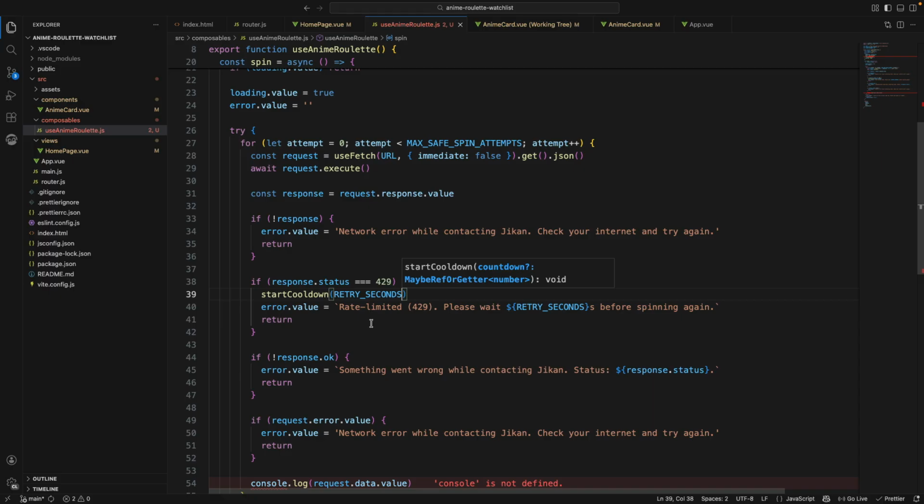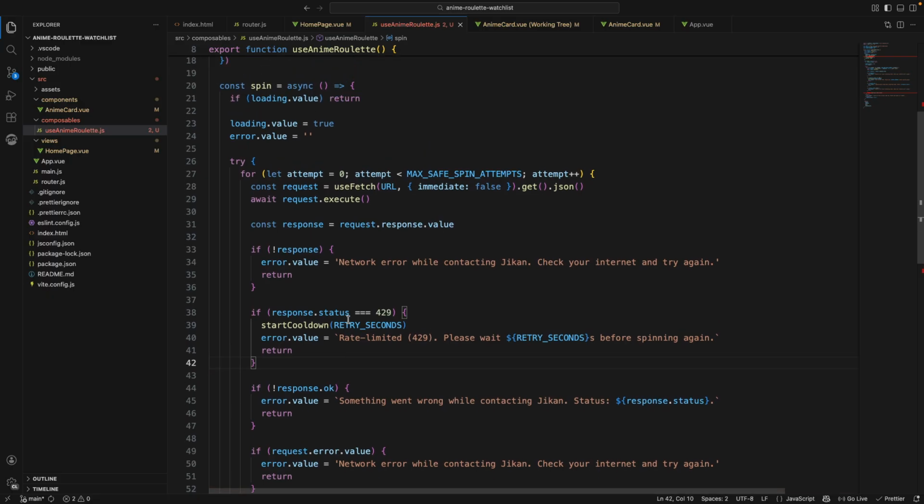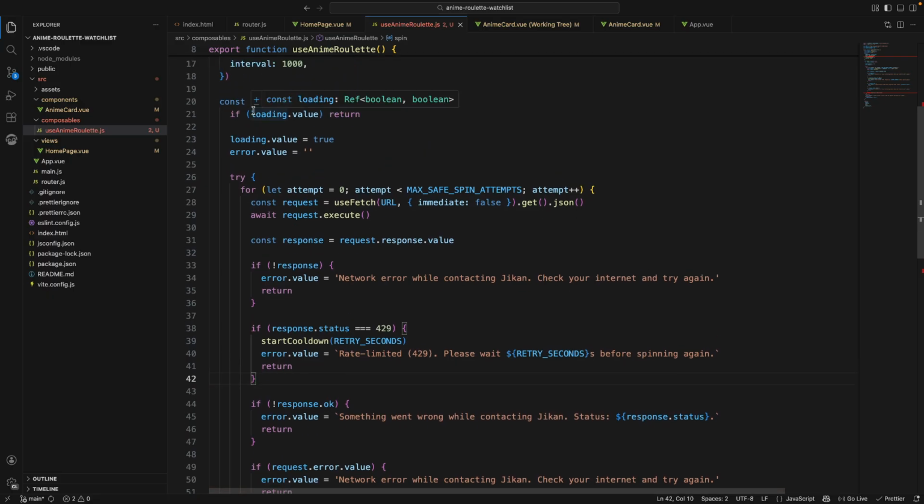And when we do that start cooldown, it will start doing a specific cooldown. Now, I'm thinking something else. In the spinning, we are not doing anything if we are actually loading. But we need to also do something else. And so we change this to or if it's loading,